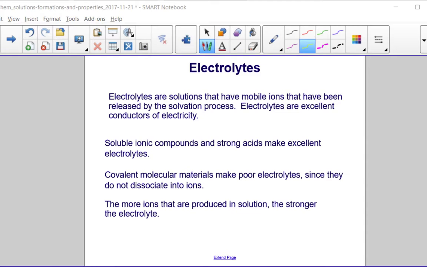Electrolytes are solutions that have mobile ions that have been released by the solvation process. Electrolytes are excellent conductors of electricity. So think of a Gatorade or any other sports drink that's full of electrolytes. If you read the ingredients, there's often a lot of sodium, potassium, and other ions that act as electrolytes. So soluble ionic compounds like sodium chloride, potassium chloride, and strong acids, so remember those 6 strong acids, make excellent electrolytes, and that's because they dissociate